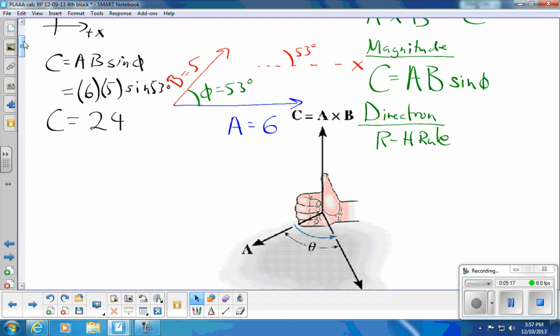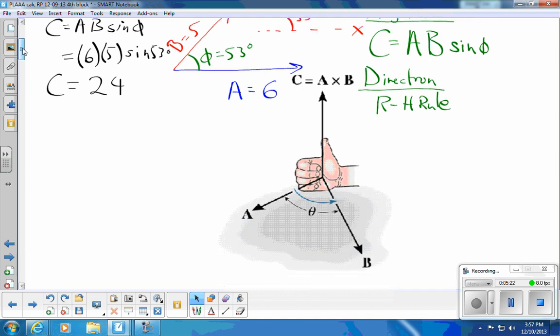And what this picture is trying to show you is that if you take the fingers of your right hand and curl them, and I'll show this to you in class in real life, you curl them so that they hit A and then B. So you are rotating your curled fingers around your thumb. I'm just grabbing this picture. And the fingers first hit A, and then they hit B,